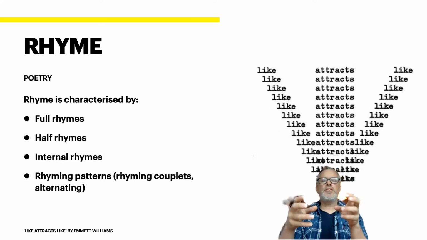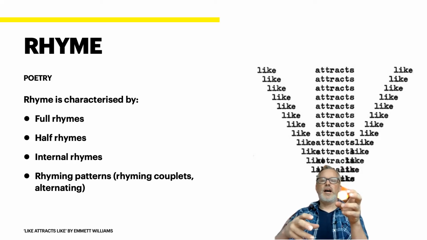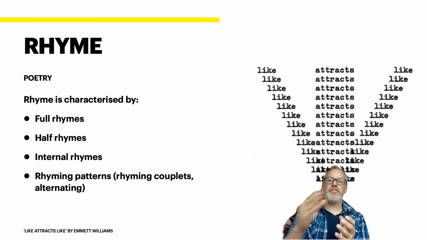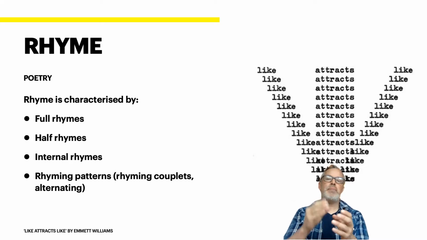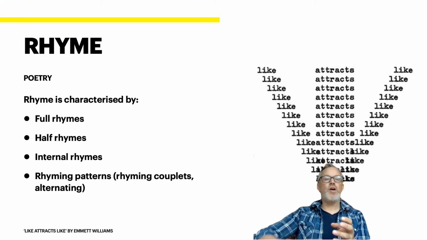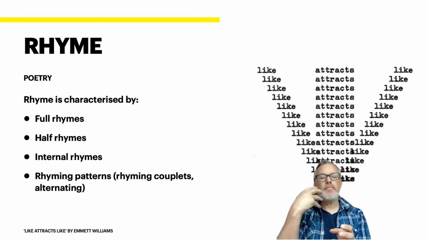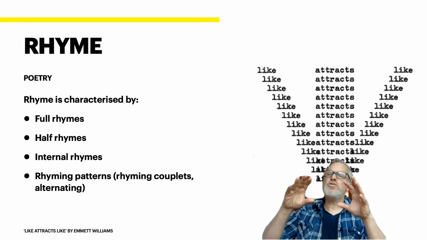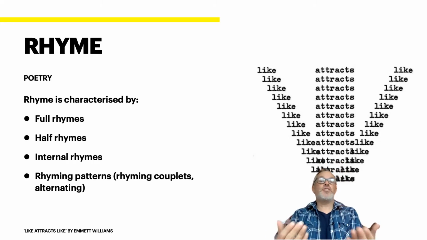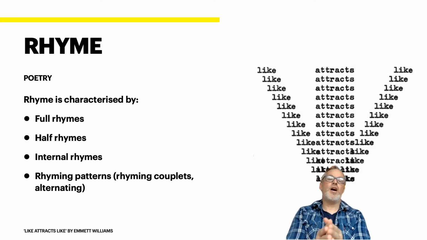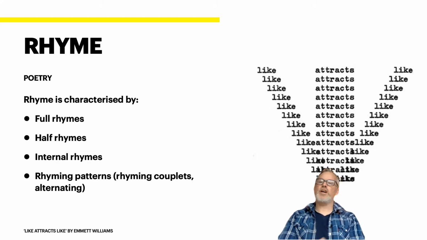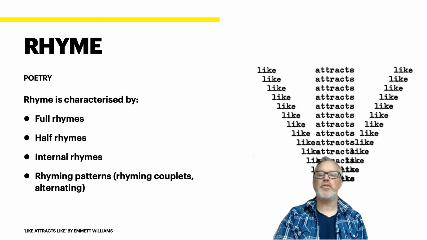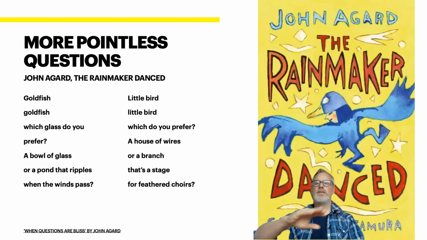And then we've got internal rhyme. An internal rhyme we're also going to see in our examples. It can be very useful and can, in free form verse, play with your rhyme. Rhyme is often in a pattern, and we call them rhyming patterns. We're not going to go into too much detail, but the most common that you'll probably be aware of would be rhyming couplets and alternating rhyming couplets. We're going to look at that in less detail, though it's something you develop moving forward. So,